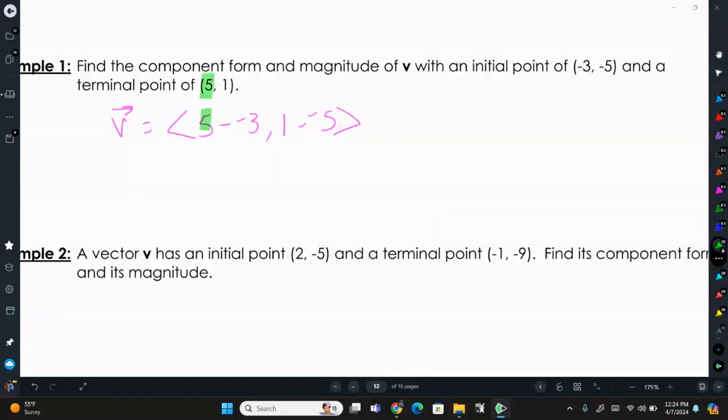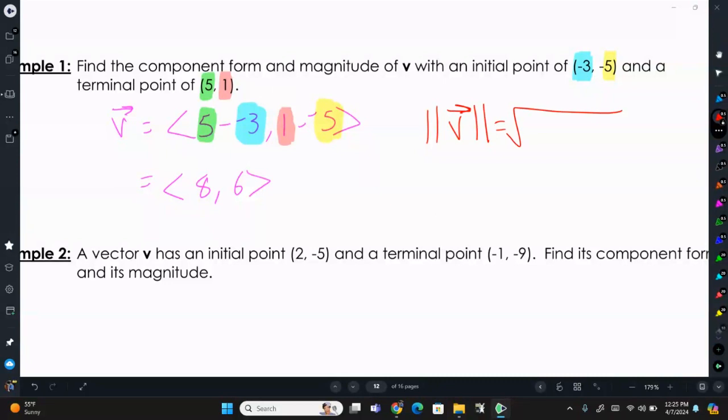Because, like I said, it's your terminal minus your initial. So then this is going to give us 8, 6 as our vector. So our vector, if we had it starting at the origin, our horizontal component would be 8 and our vertical component would be 6. So now our magnitude